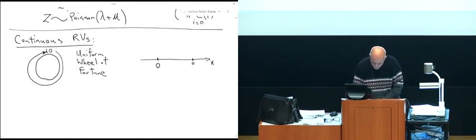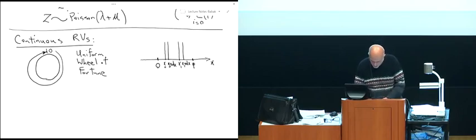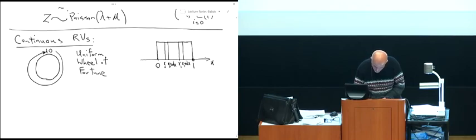This is the outcome of the experiment. And if I give you a sliver and I say, what's the probability that it's between x0 and x0 plus dx, or x1 and x1 plus the same dx, how would you compare these events, the probabilities of these events? They are the same. And that's why we have a uniform function that is 0 everywhere except here,